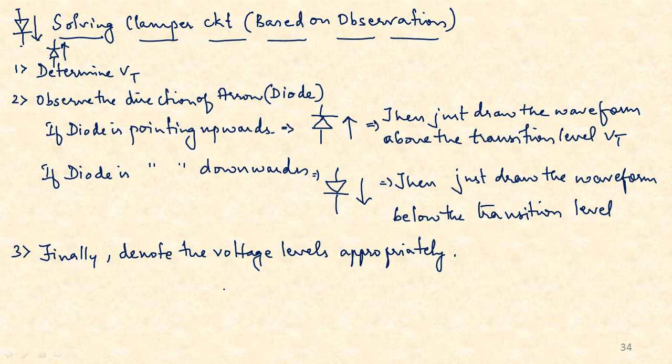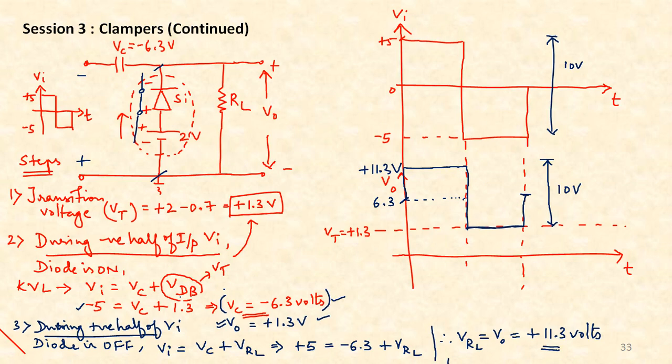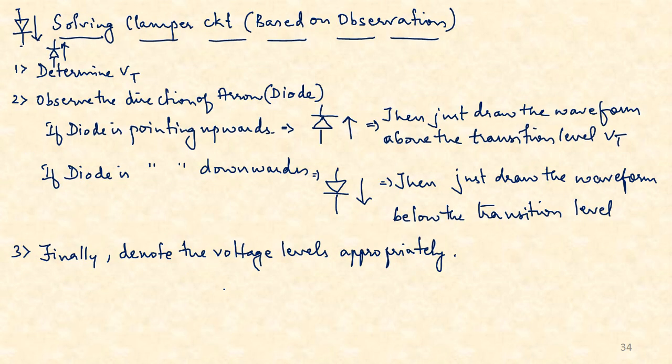Okay, let us quickly take an example. I'll take the same example that we had solved previously. In this case, can you tell me whether the diode is pointing upwards or downwards, students? Upwards. Okay, exactly. It is pointing upwards. So let me apply the same logic and verify whether the output waveform is still the same or not. I'll draw the circuit once again. This was pointing upwards and the symbol was like this, I suppose.